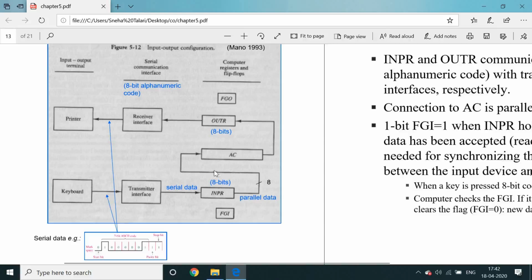Here the action is reverse. The accumulator sends that 8-bit character to the output register, and when FGO is equal to 1, the output register sends the 8-bit binary sequence through the receiver interface to the printer.